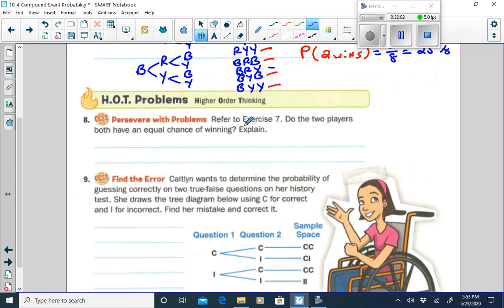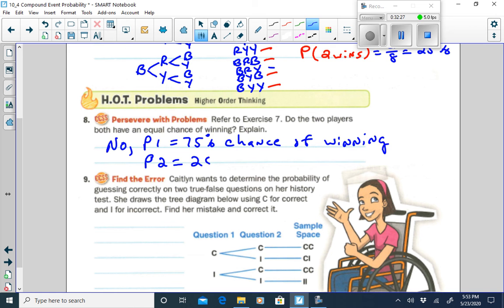Refer to exercise 7. Do the two players both have an equal chance of winning? No, because player 1 has a 75% chance of winning, and player 2 is going to have a 25% chance. All right, and then our last question. Caitlin wants to determine the probability of guessing correctly on 2 true-false questions